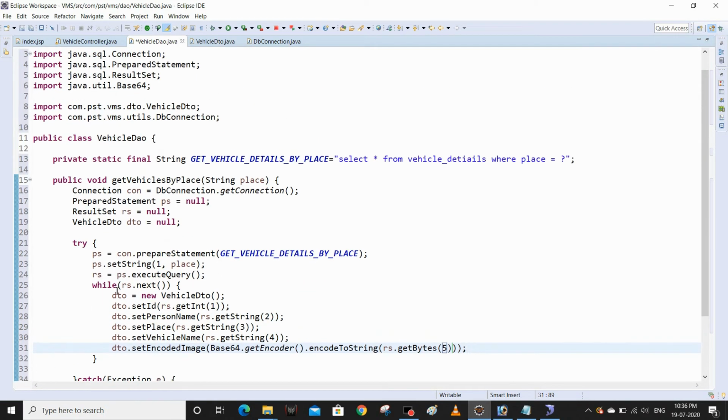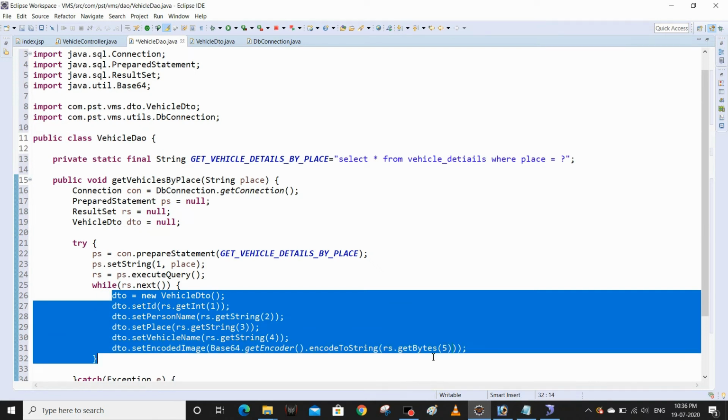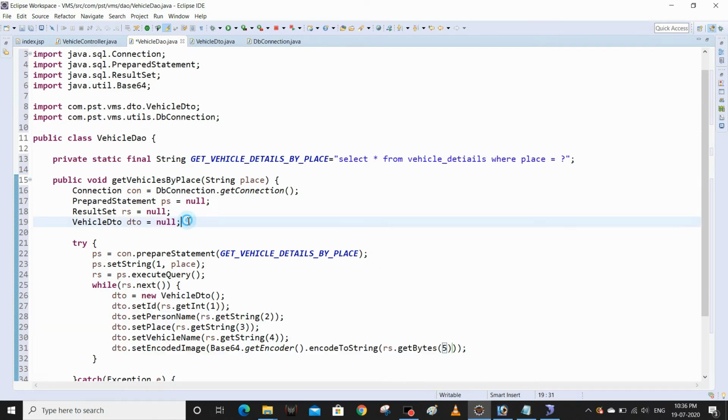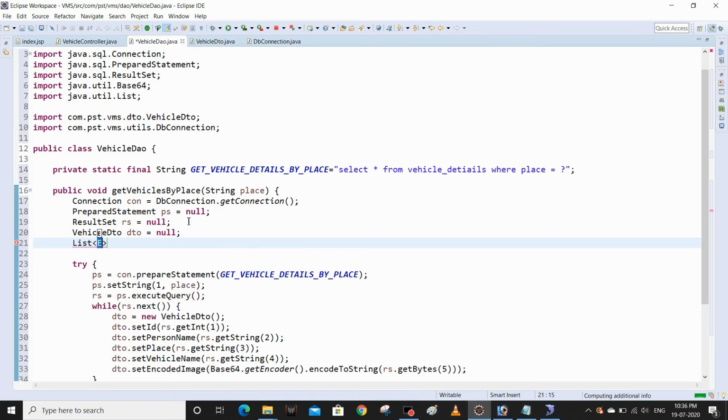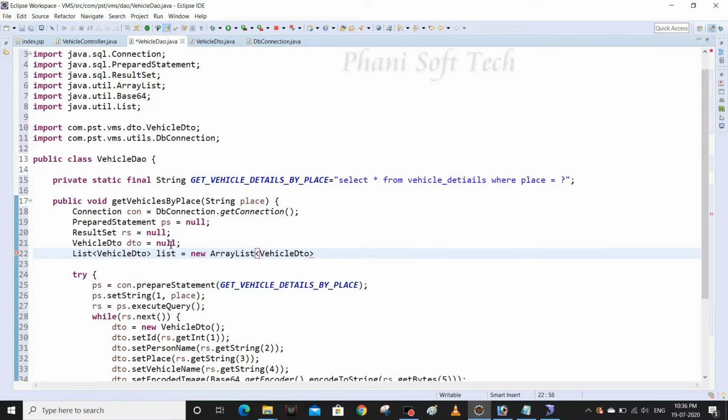One record is ready now, so I'm going to handle multiple records. That's why I'm going to create an ArrayList here. List, which comes from the java.util package. Inside this we are maintaining VehicleDTO, so my generic is VehicleDTO. I'm giving list equals new ArrayList.